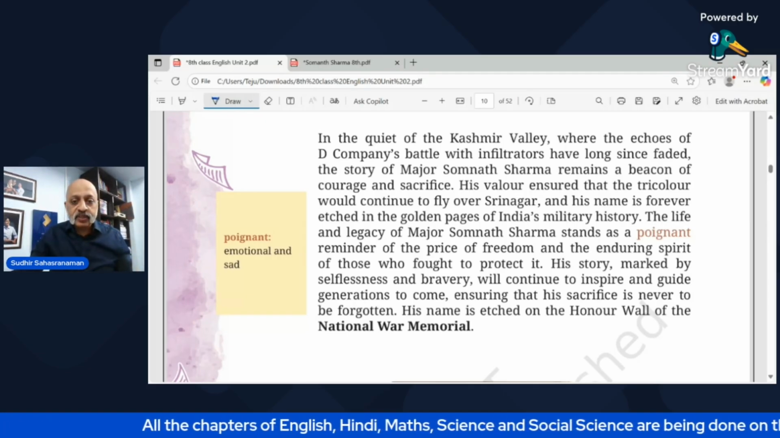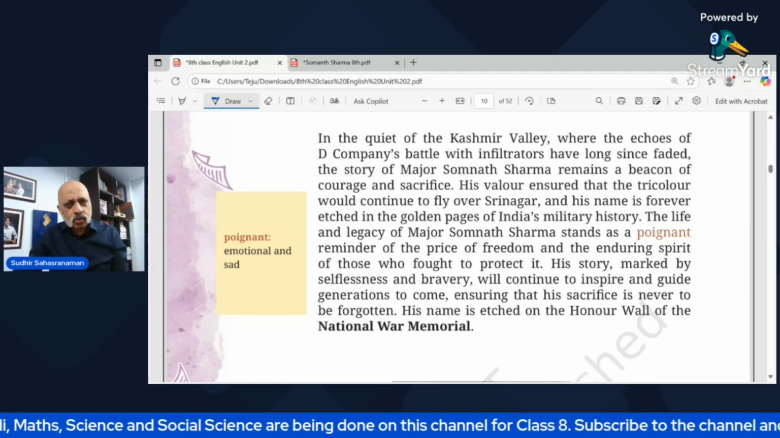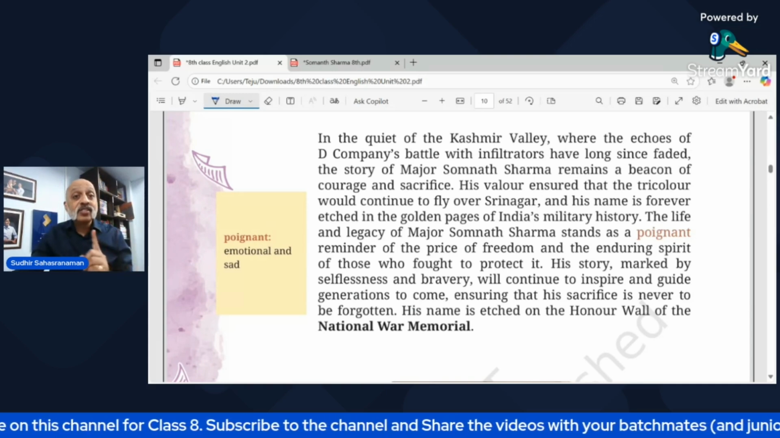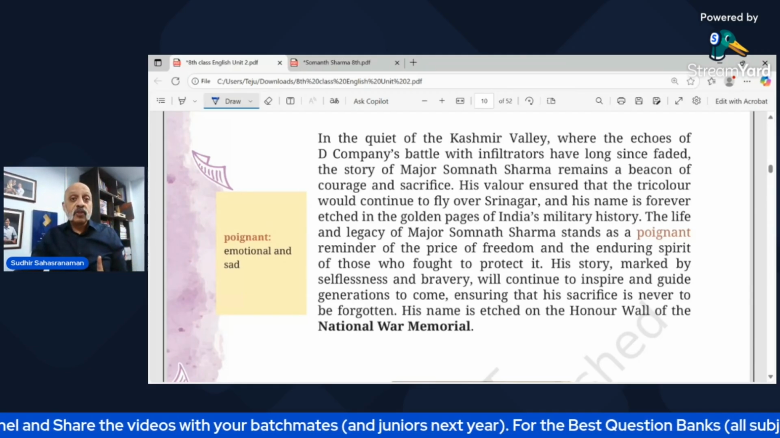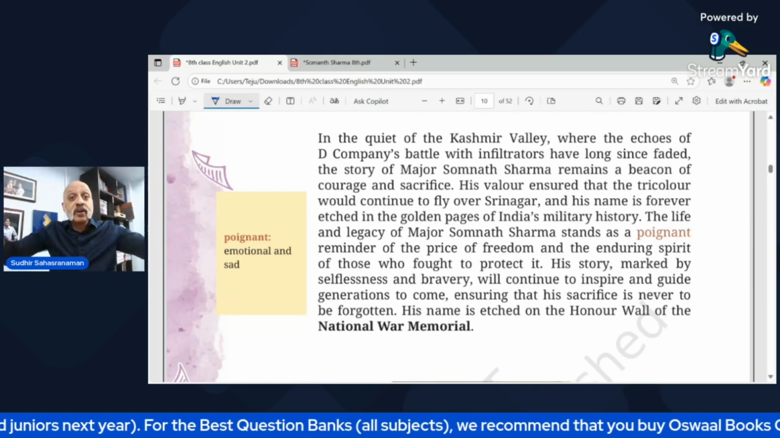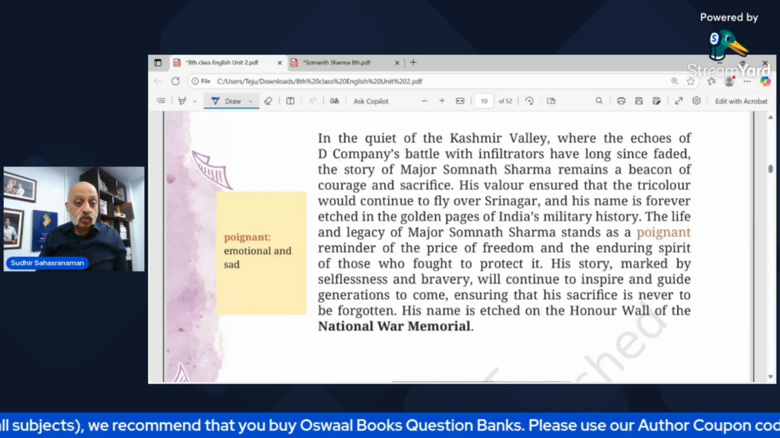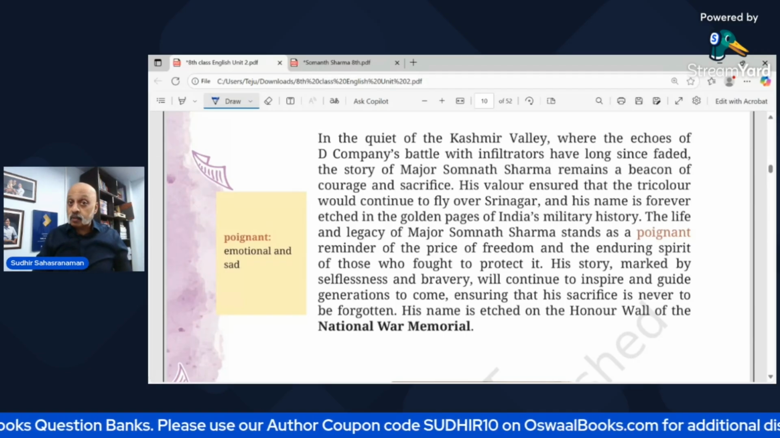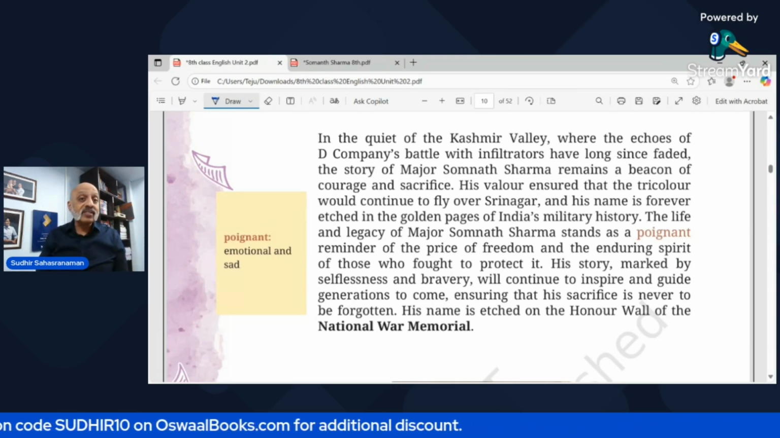The life and legacy of Major Sharma stands at a poignant. Poignant means emotional, right? It's very sad what happened. He should not have died at such a young age, but it's extremely emotional as well. It is a reminder of the price of freedom, that this is the price of the lives of so many soldiers that we have to pay so that we are free, so that we can do what we want, because there are these soldiers who are fighting extremely difficult battles, getting killed in the line of duty. His story, marked by selflessness and bravery, will continue to inspire and guide generations to come, because you in class 8 are now reading about this story, ensuring that his sacrifice is never to be